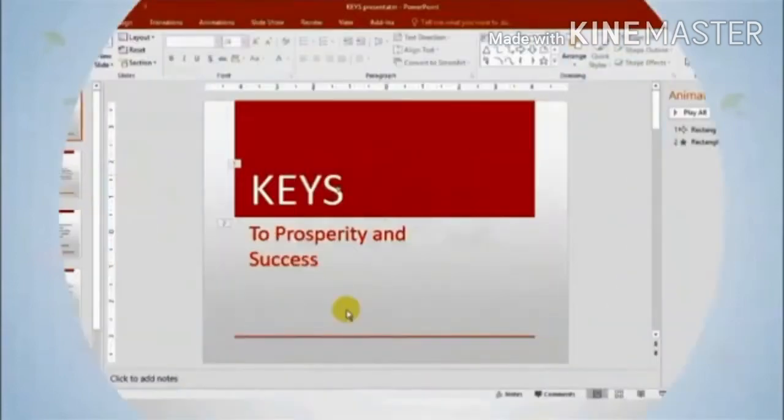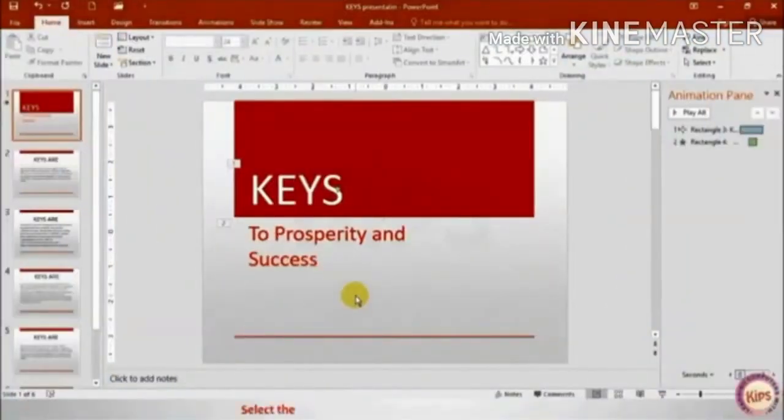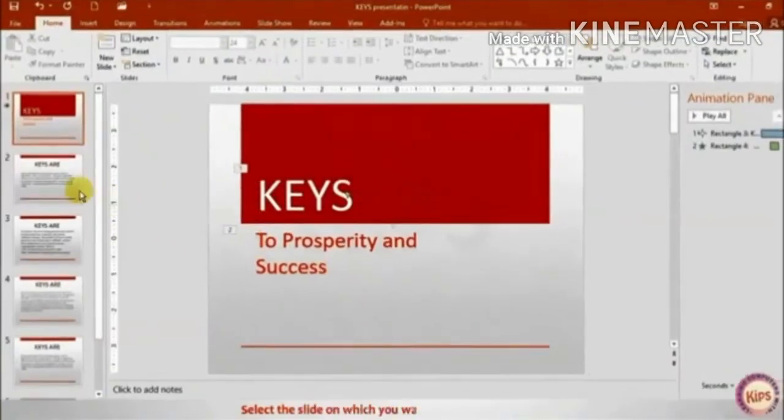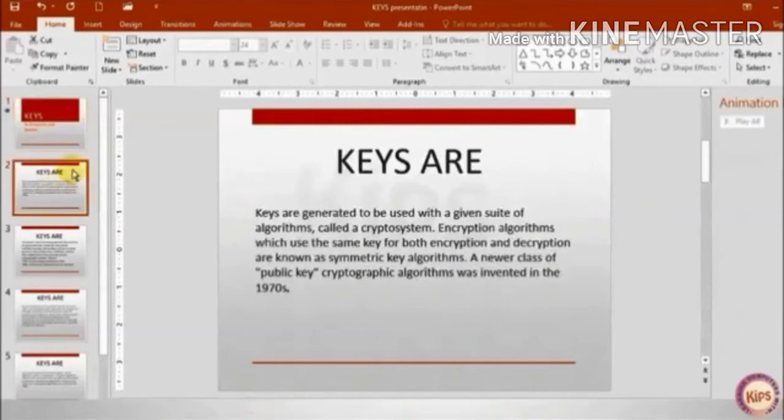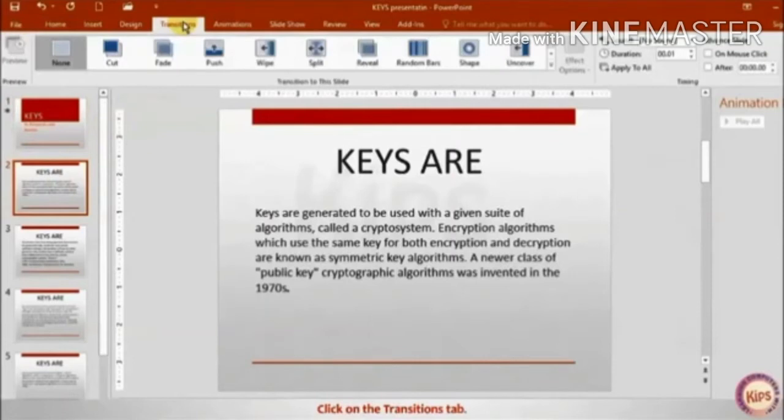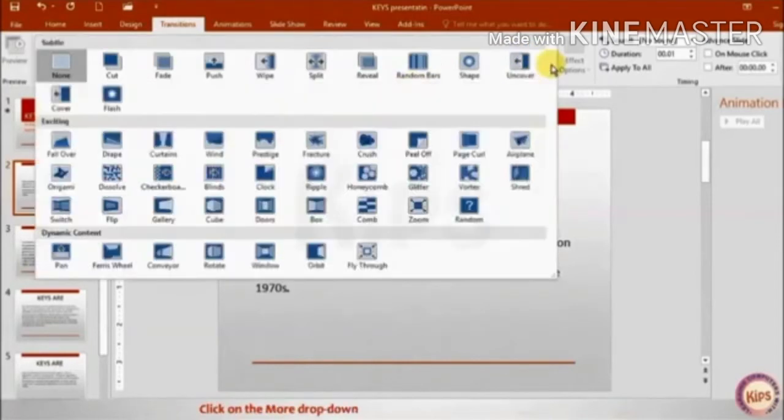Now how can we add transition effects to your slide? If you want to add a transition effect to your slide, click on the transitions tab. The transition to this slide group appears on the ribbon, displaying multiple transition effects.